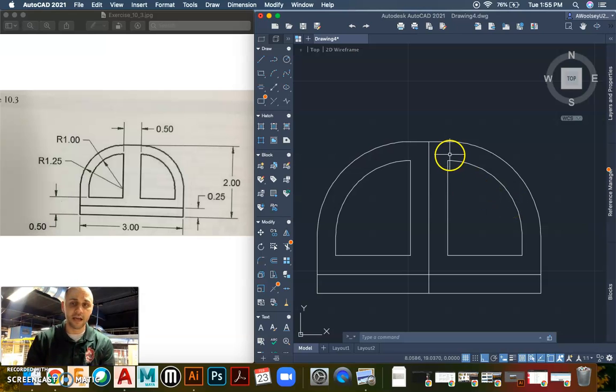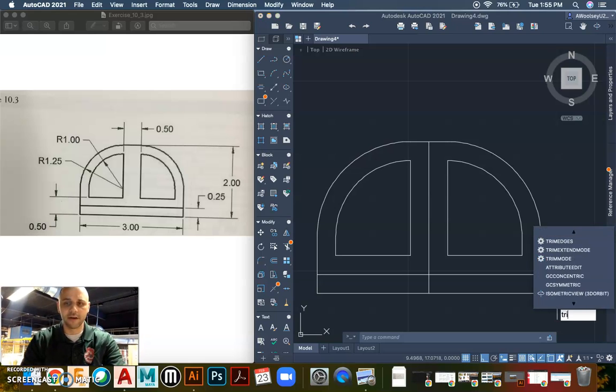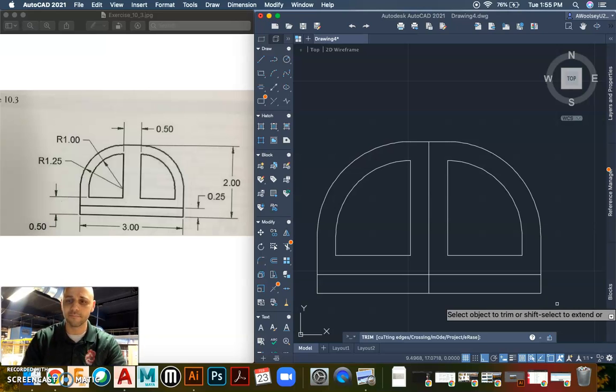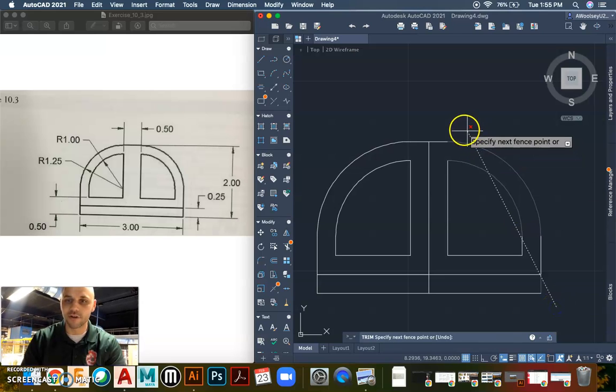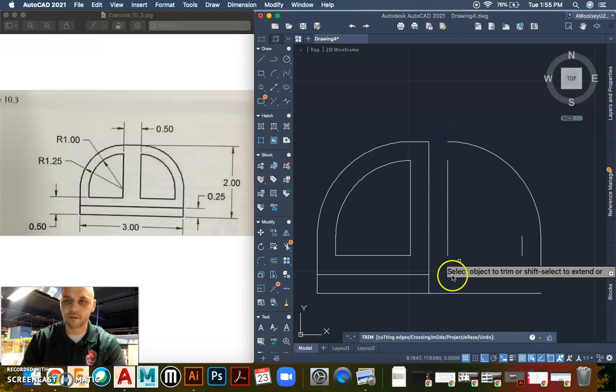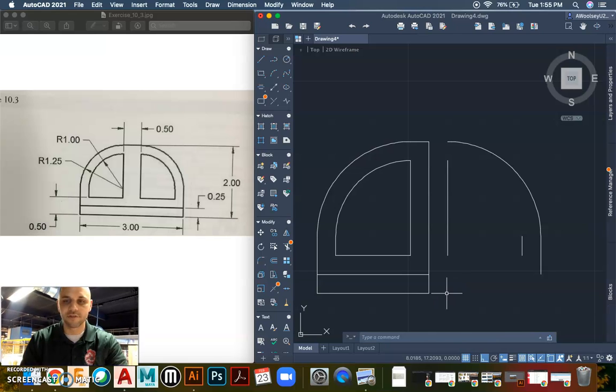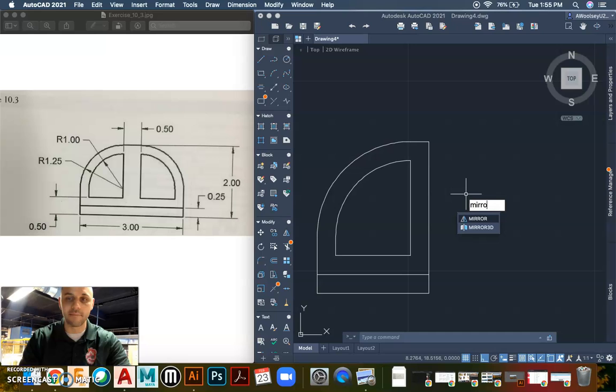Now, but notice, I could have drawn half of this drawing. If you're done, you're good. You can watch this, you don't have to do this, but I just want to explain something. If I trimmed away half of my drawing here, okay, let me get rid of half this drawing. Okay, gone. There's a command we haven't done yet, which is called mirror. If I type in mirror,